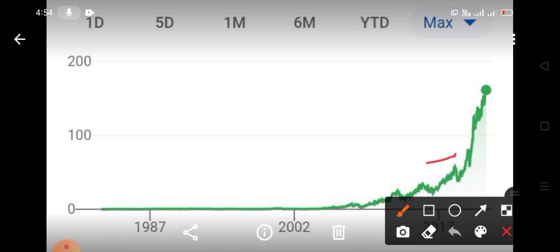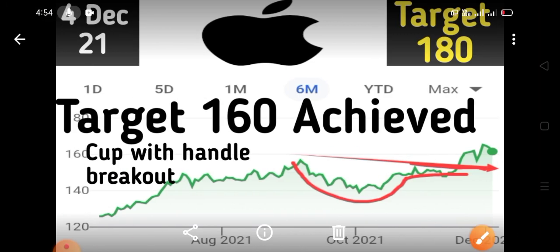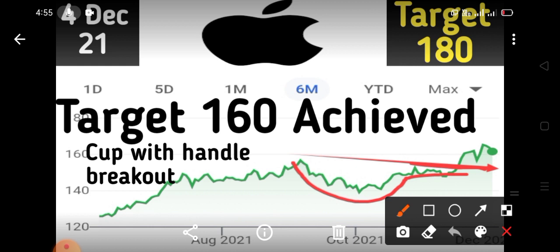You see stock is trading in blue skies, and Apple stock is trading at its lifetime high, and it may move to $200 in the long term. You see, in the coming 6 months to 1 year, your target is around $200. Friends, previously I analyzed the chart of Apple and took the target of 160, which is achieved. If you have a time horizon of 1 month to 3 months, maximum you see a $180 target in Apple stock, or above that $180.